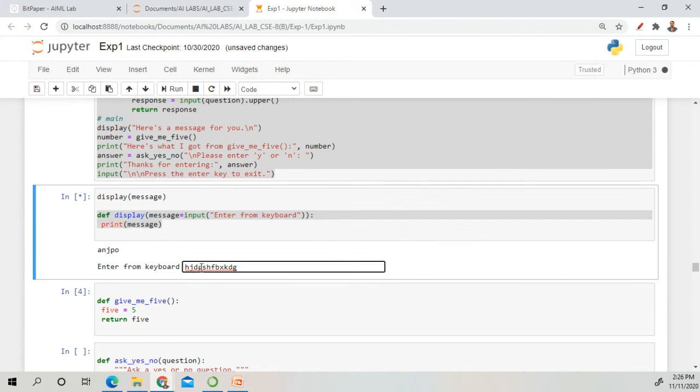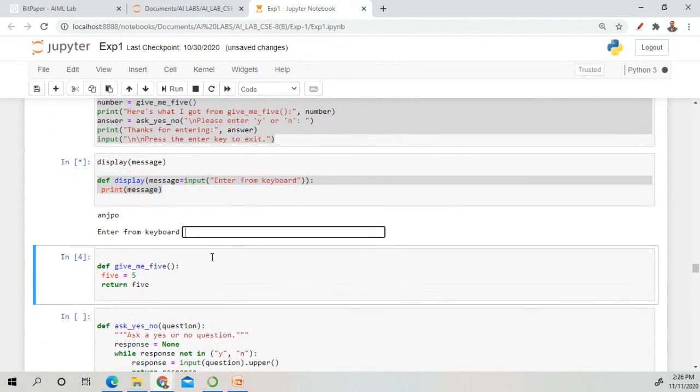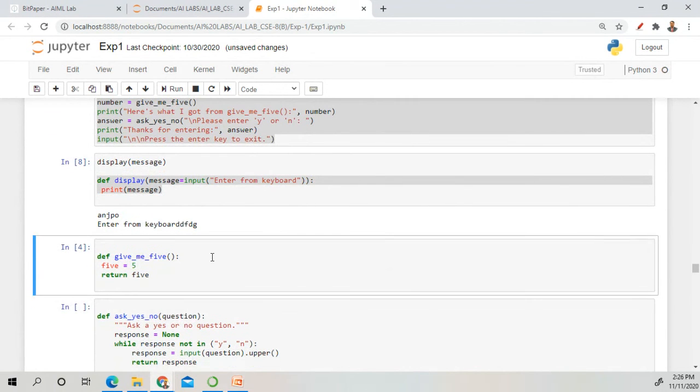It should print. So again, it is printing a value. Okay. Any doubt till now?